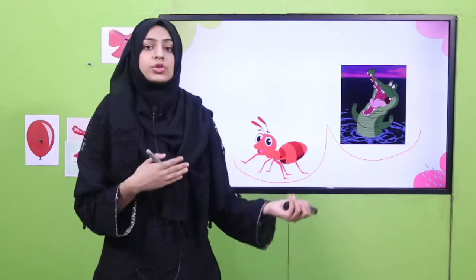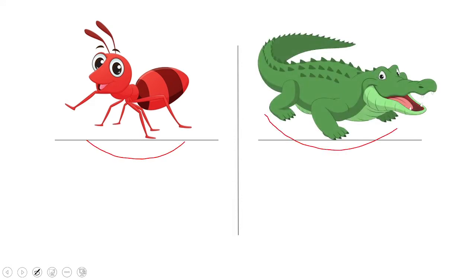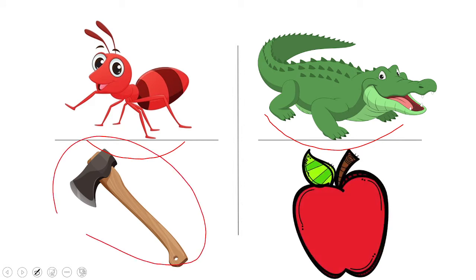So let me show you those objects as well. Those objects were ant, alligator, axe and apple. So now I want you people as well to repeat it after me, but with the initial sound